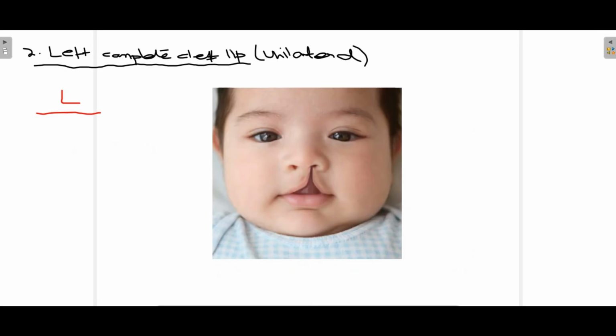Now talking about this second example, as you can see in this clinical picture, the patient is suffering from left complete cleft lip only, and that is present unilaterally. There is no defect in the hard palate, soft palate or alveolus, so it is only left sided complete cleft. So when it's complete, we will use the capital letter. It is only present on the left side and it is associated with cleft lip only, so we will use only L letter because capital L of only one side is present in this particular patient, as you can see. So this is left complete cleft lip of a patient.